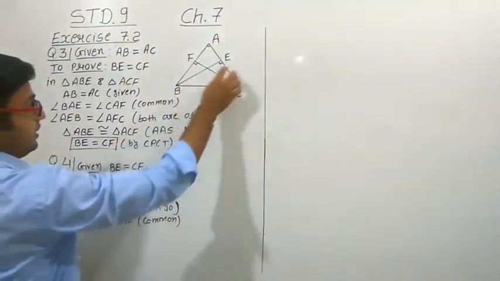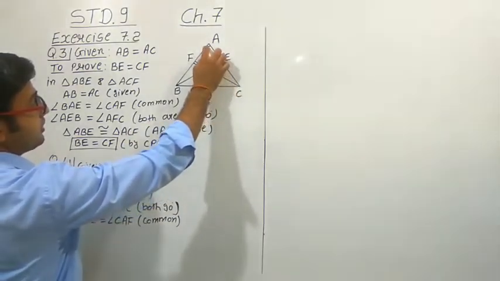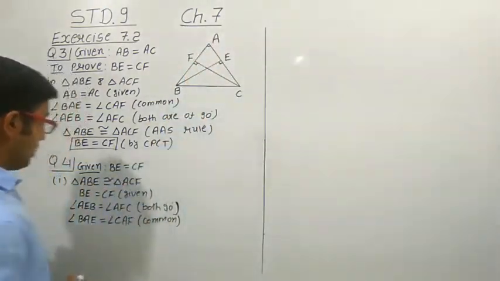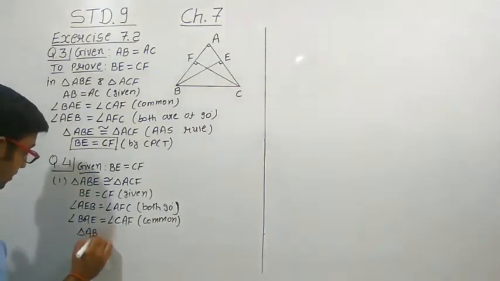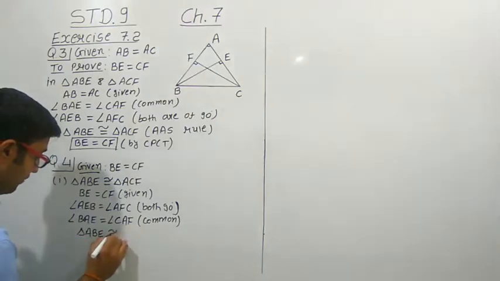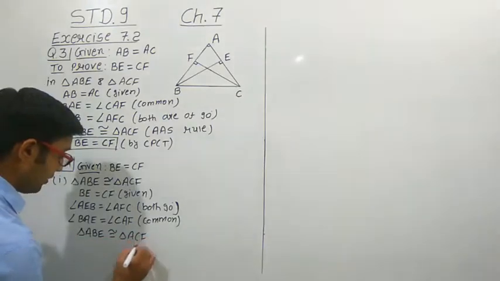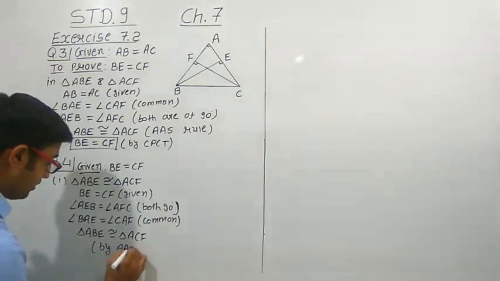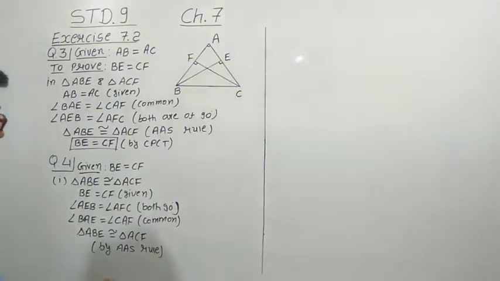Let us consider ABE, in which we have taken side BE. One of the angles is E and another is A. Again, this BE is not included between these two angles. So again, these two triangles become congruent. So triangle ABE is congruent to triangle ACF by angle side rule, right? As both these triangles are now congruent, their corresponding parts will become equal.